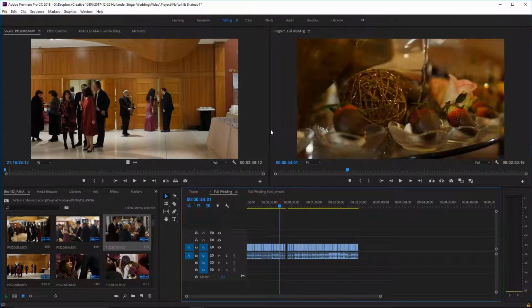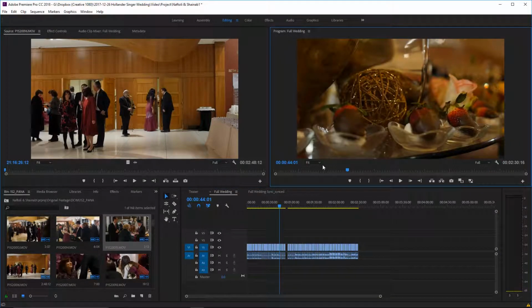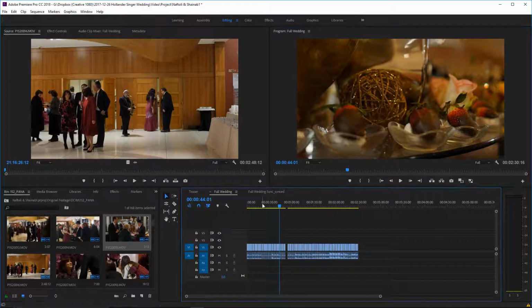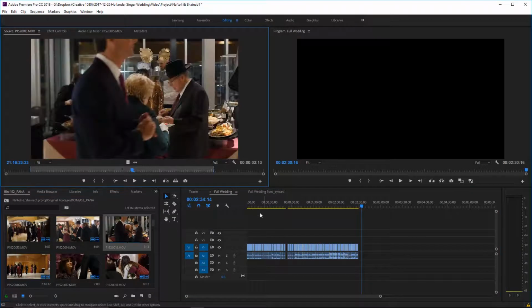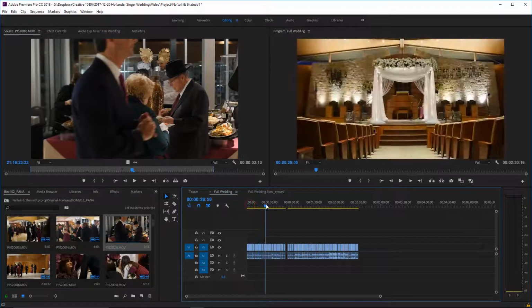Okay, so now we're doing the beginning of a wedding. I've already started going through footage. This is an additive edit, so we're just going through available footage and sticking things into the timeline that we may want to use. So we have before here some detailed shots of the hall,